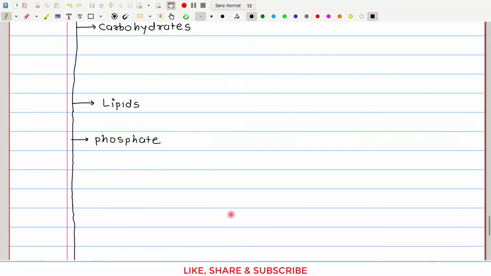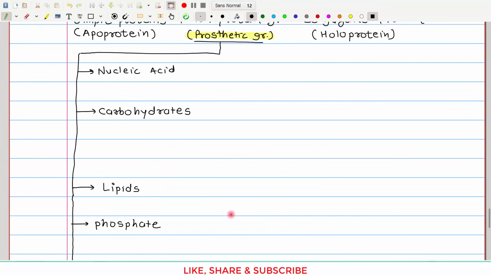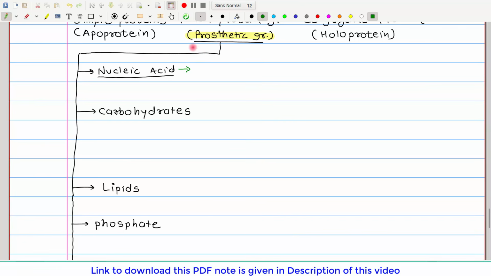So let's first look at what will happen if the prosthetic group is nucleic acid. When nucleic acid is there as a prosthetic group, we call such protein a nucleoprotein. Now here we have two choices for the nucleic acid. This nucleic acid can be DNA or it can be RNA, right? So if DNA is there, we can call them a